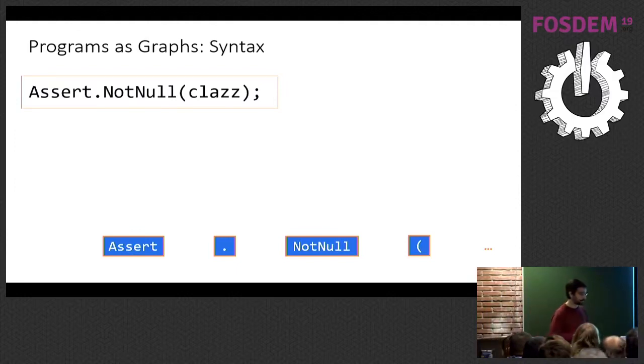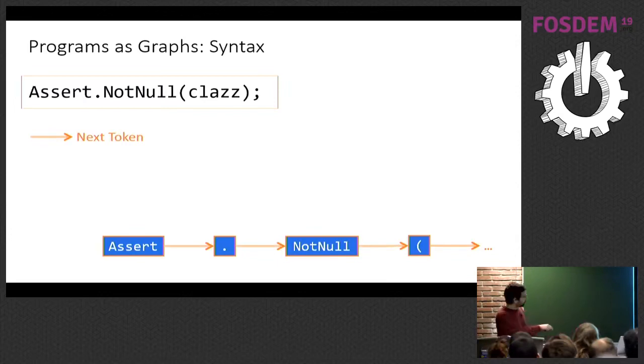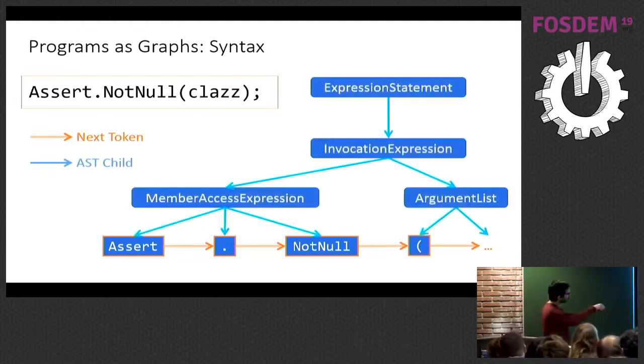previous slide. First of all, these are my tokens. I can connect them into a boring chain of, well, assert.null, like here, a boring chain, and a special type of edge called next token. That's a bit boring. We can also parse things, and yes, that's unambiguous. So we can create the tree, and we can connect all the nodes here through this extra type of edge called AST child, for example.